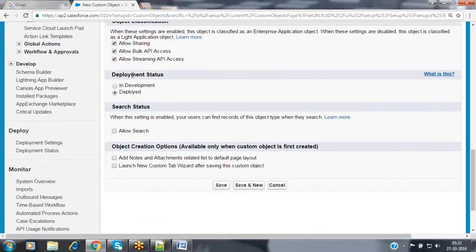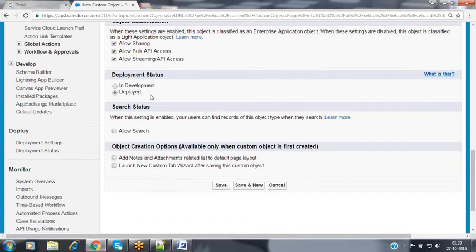So now after specifying the optional features, we can specify the deployment status. What is the deployment status of your object? As we have already discussed, if you want this object to be ready to use for everybody inside your organization to create records, then make the deployment status as deployed. Deployed means this object is ready to use.